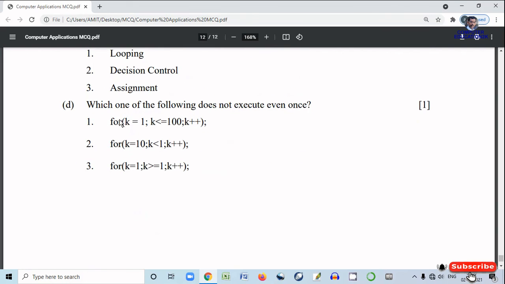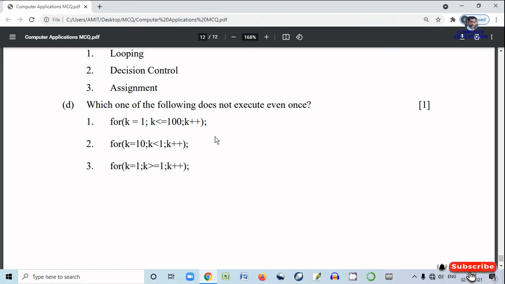Number D. Which one of the following does not execute even once? Now see, this will execute 1 to 100 times. Though a semicolon is not needed over here, there is a syntax error here because the for loop never needs a semicolon.